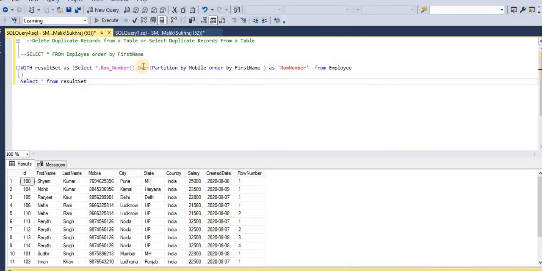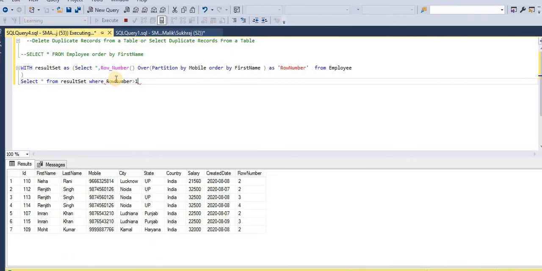See, what is our query? Select the duplicate records from a table. To select the duplicate records, we can say where the row number column is greater than 1. Now we got only those records which are duplicated in our database, right?